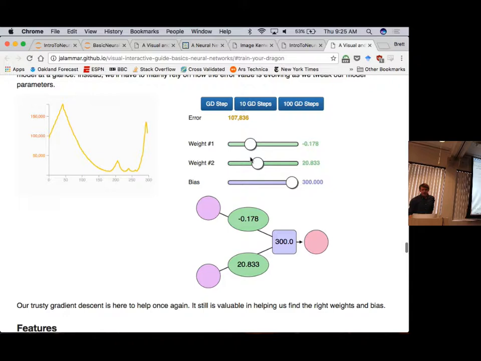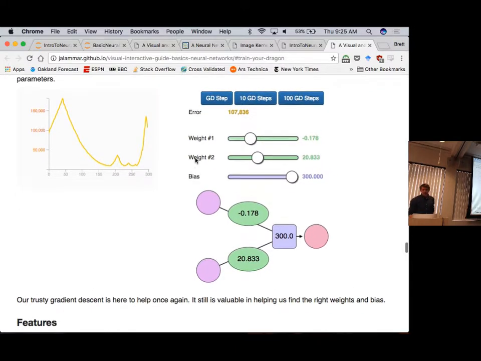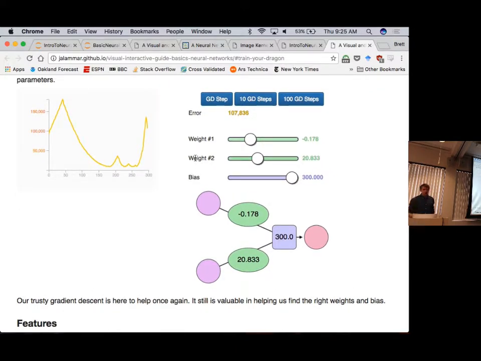Okay, so people probably understand now kind of what's going on when you change these weights around. The only other thing that I'll just mention briefly, and I'm going to get back to this, but since it's here and maybe people are wondering, these buttons that say GD step. We're going to talk about this in a lot of detail. This means that it's going to take a gradient descent step. Just for my future reference later, how many people know what gradient descent is? Okay, cool. We're going to talk about it, so not a big deal.